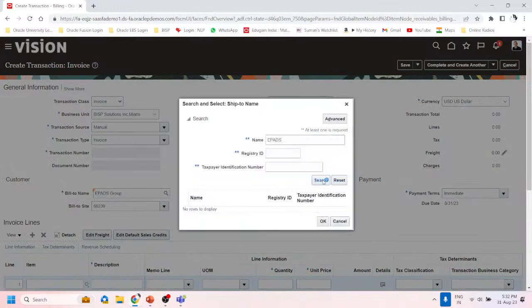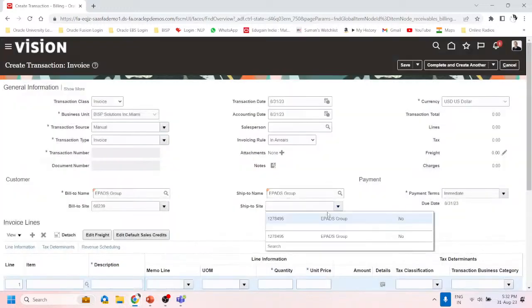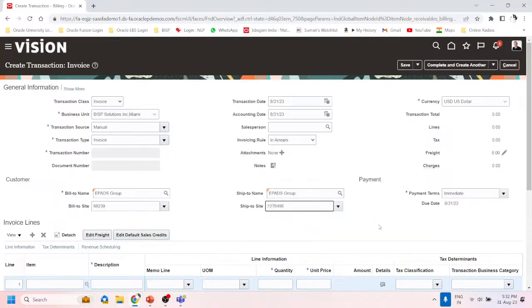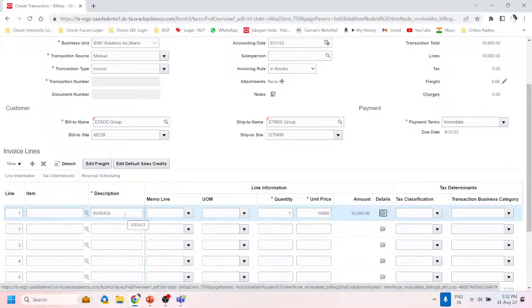EPADS, search with that, select that, select the site, right? So let us provide the amount, say service, quantity 1, I say 10,000, right? $10,000 is my amount, and